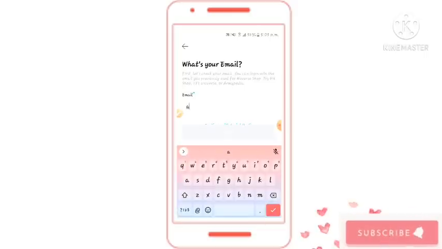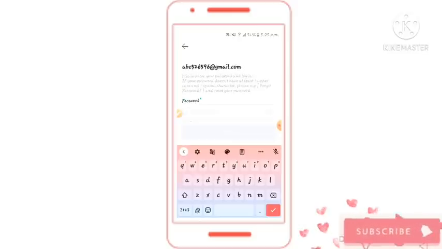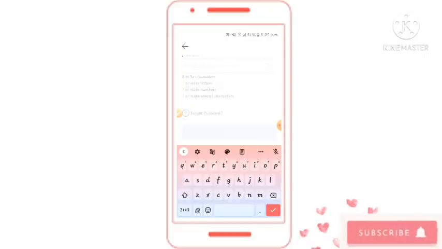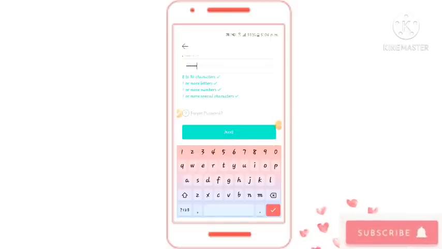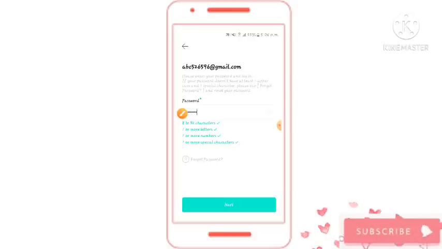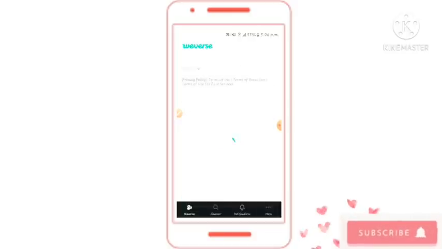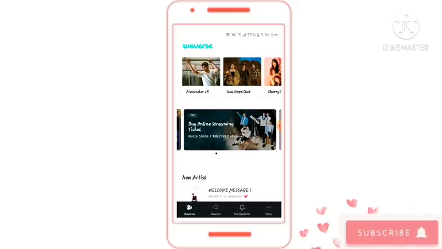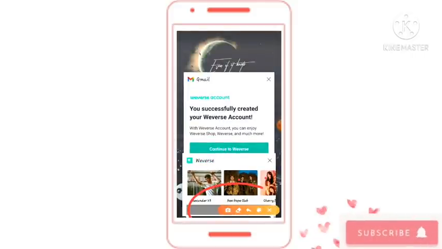So we are going to fill our email address as we had filled before. After that I'm going to click on next. Now at this step we are going to fill our password. So I'm going to fill my password, I'll be right back. So as you can see, I successfully filled my password. That means I'm not suffering from Alzheimer's. Oops. Now I'm going to click on next over here. After that you can see that my account has been successfully created.